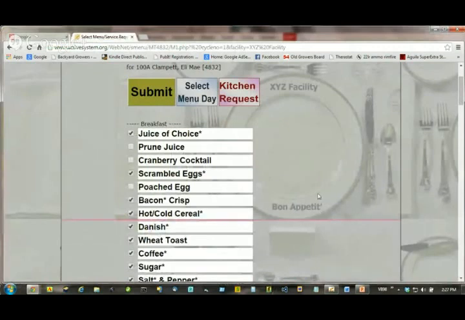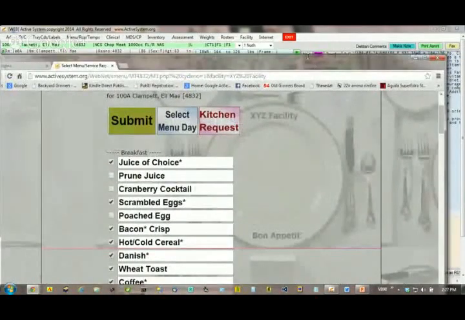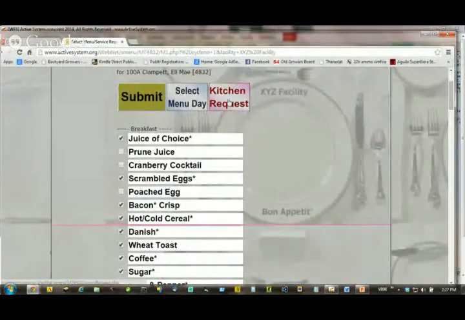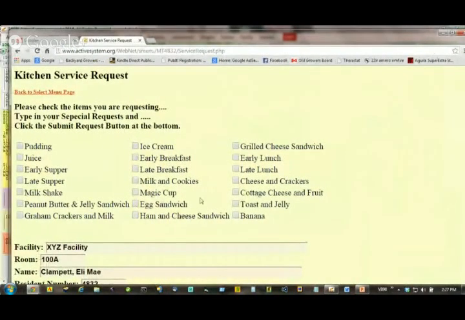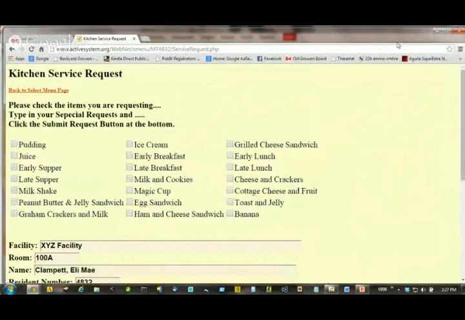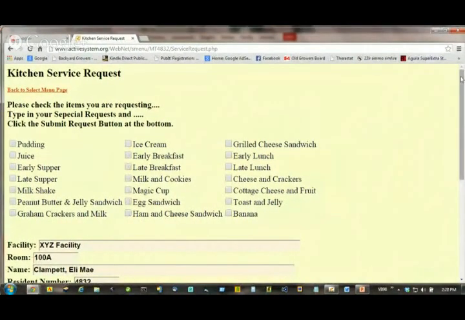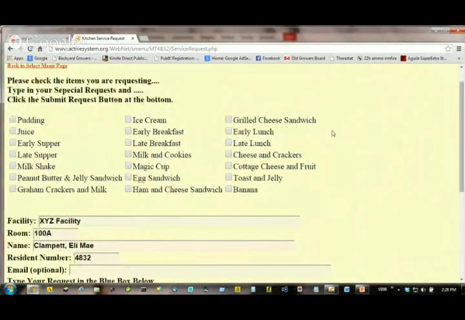Okay, we have the kitchen request board. If you click on the kitchen request board, this is what comes up. Now, you have complete control over everything that's in these check boxes. This is what you offer on your kitchen request board. And the residents and or family members can go here and simply click what they want, pudding and early lunch or whatever. So this goes to